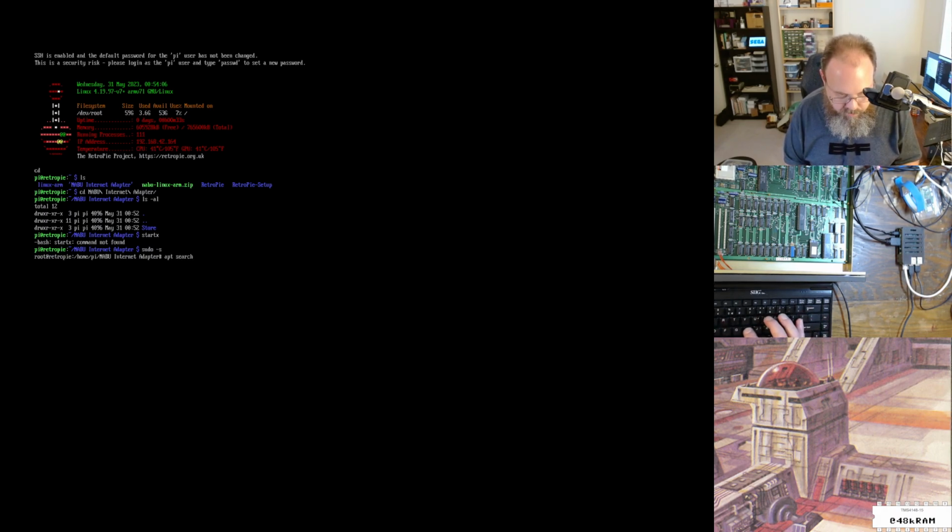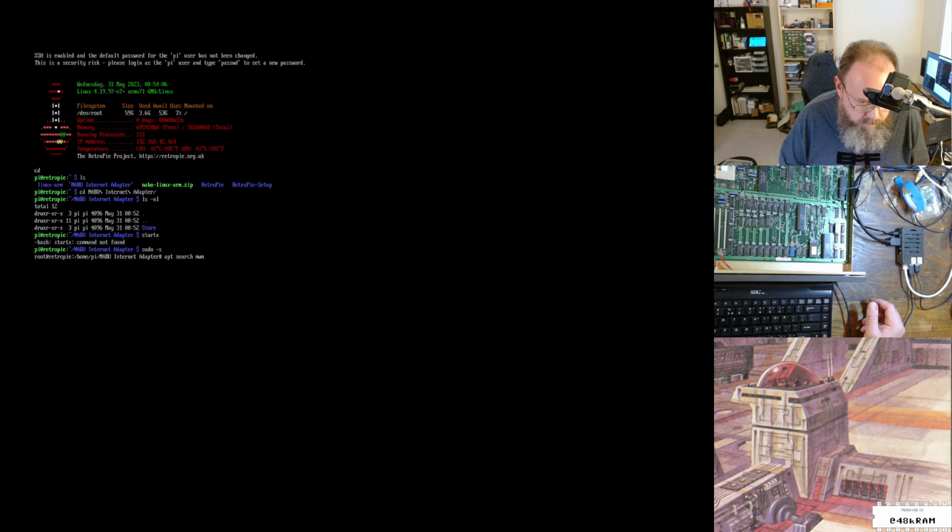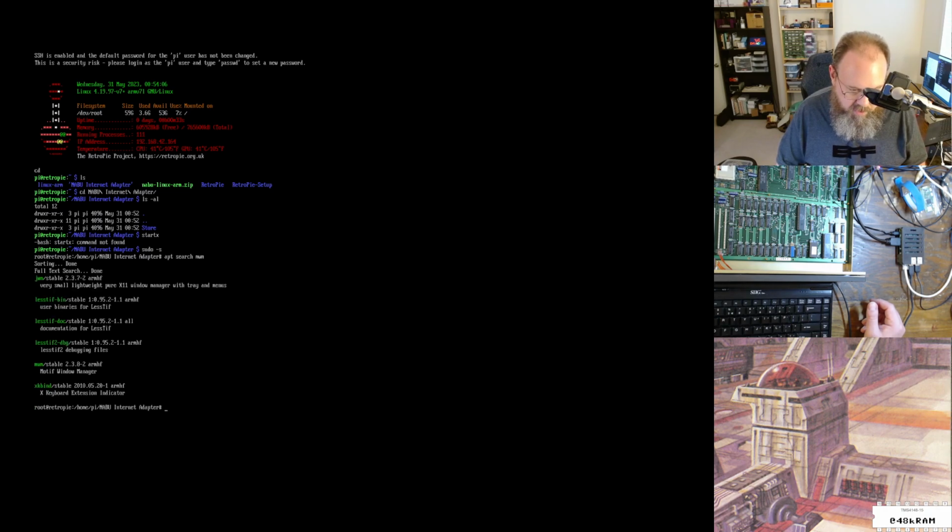Apt search. I have motif. Might have to install an X11 environment if this thing is going to insist on it. That's going to be fun if this software insists on having X. Actually,